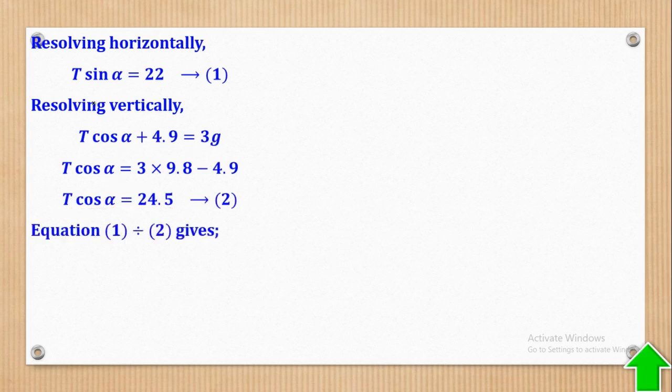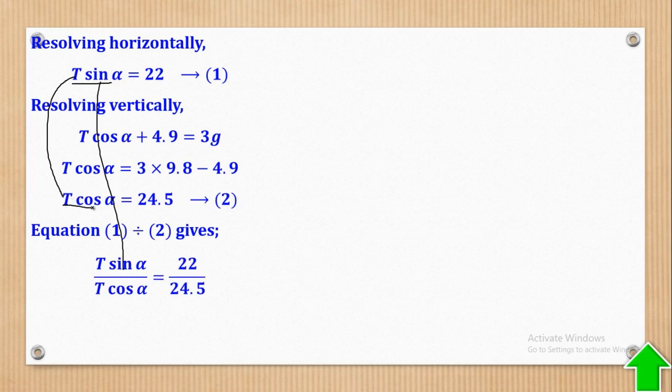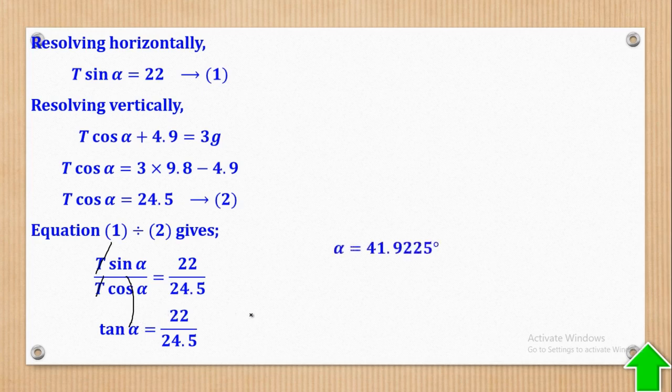Then I'll divide, because these are two equations and two unknowns, meaning you have to solve simultaneously. So when I divide equation 1 by 2, I'll come up with that. So this T sine alpha is this, then T cos alpha is there, then on the right hand side 22 is here, and this 24.5 is there. But I know that sine alpha over cos alpha is equal to tan alpha, and this T cancels. Therefore, I'll come up with tan alpha being equal to 22 over 24.5, implying that alpha is equal to